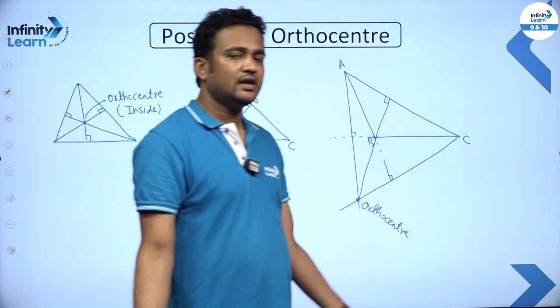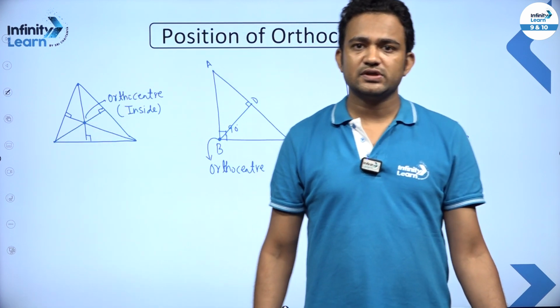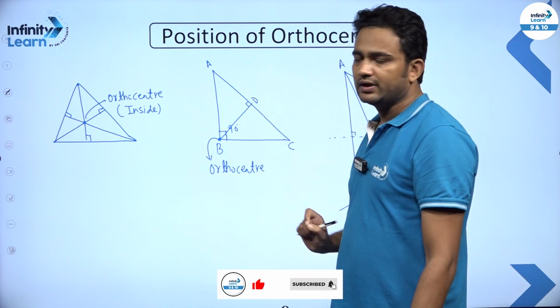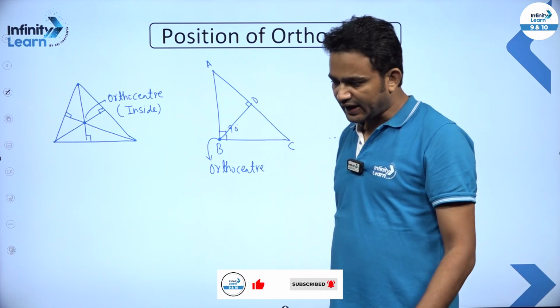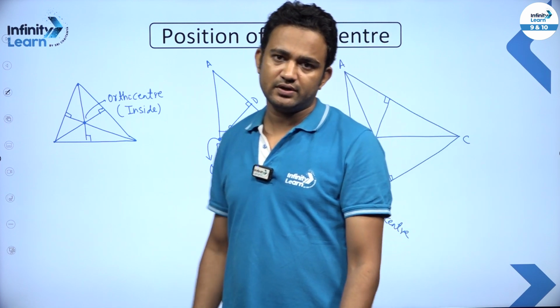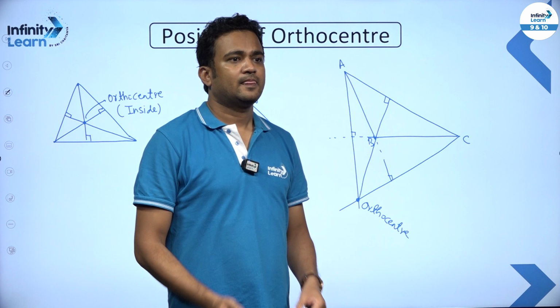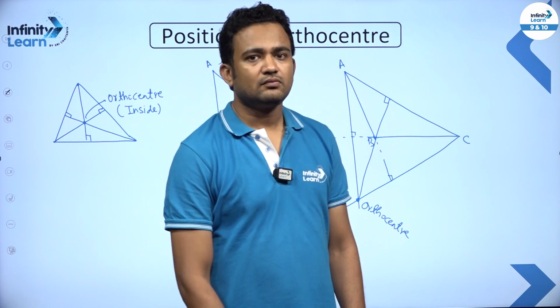So, we can say that in an acute angle triangle, orthocenter will lie inside. In a right angle triangle, it will lie on the triangle, and the vertex containing 90 degrees will be the position of orthocenter. And in an obtuse angle triangle, it will lie outside the triangle. Right, everyone? Now, the next thing,